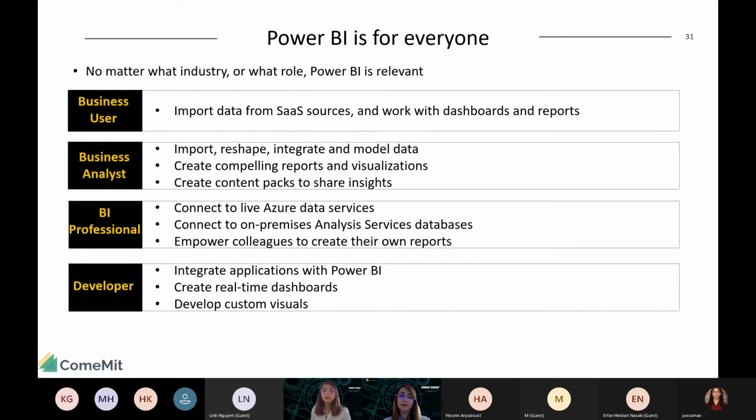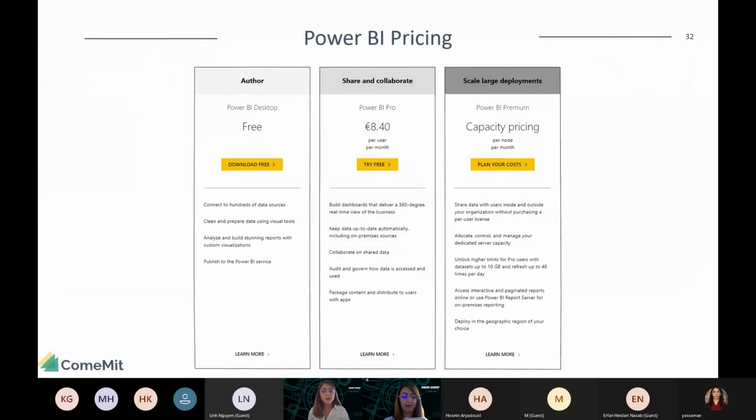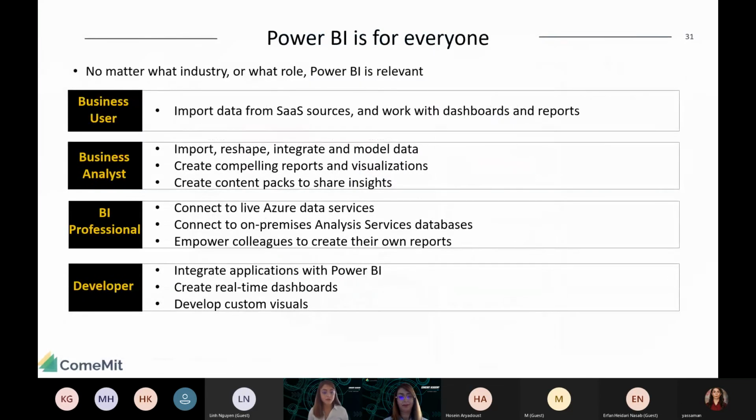One thing which is making Power BI quite successful is that Power BI is for everyone. And when I say it's for everyone, it is really for everyone, because I myself have worked with students who just graduated and want to come to the market, and with managers who want to have control over the reports.